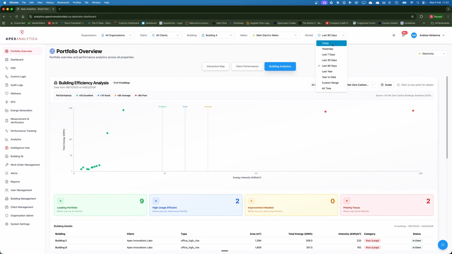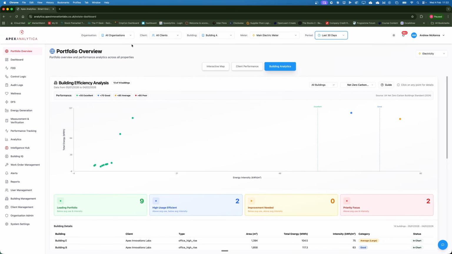Kind of moving away from that, if we now go back into the dashboard, what we're now looking at is the portfolio overview, so looking more around like a statewide,